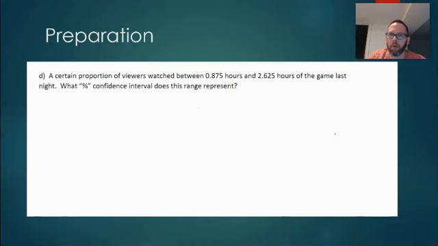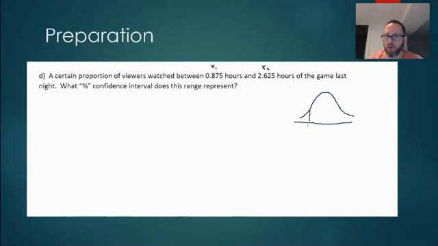In this last preparation question, I've given you guys X values. I've given you hours watched. So I've given you a couple data values. And I've asked you for what percent confidence interval does this range represent? So what I've asked you here,